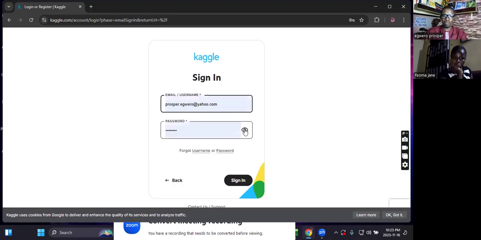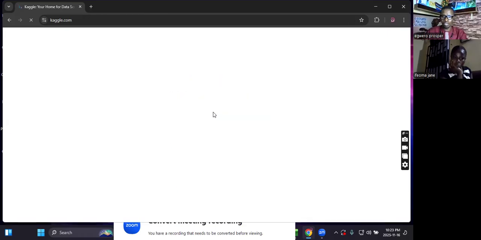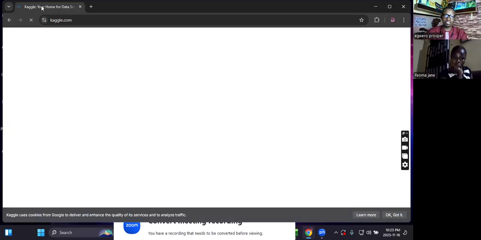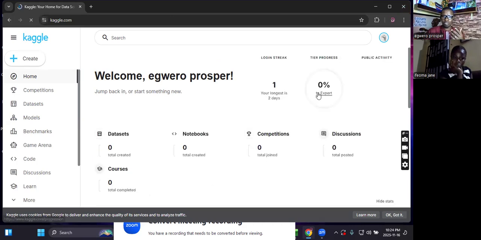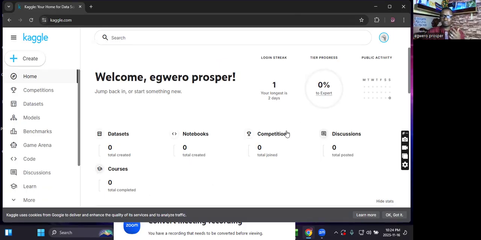So I've already saved my password. So I will just click on what? Sign in. I've already saved my password before. That is why it called back my password and my email. So once you are in, you can see that this URL description has changed. Now you have successfully logged in. Now you can start searching for the data, depending on the kind of data you want to analyze. For example, if I want to analyze sales inventory data,